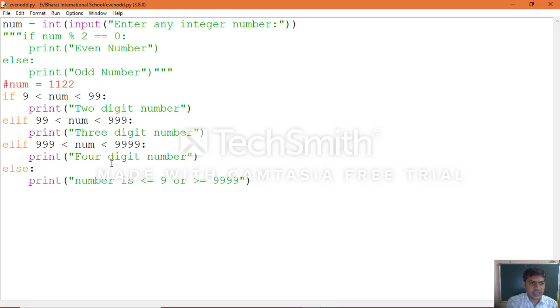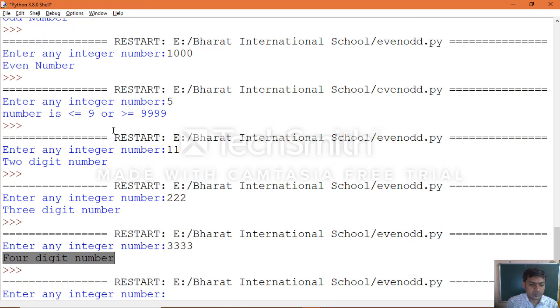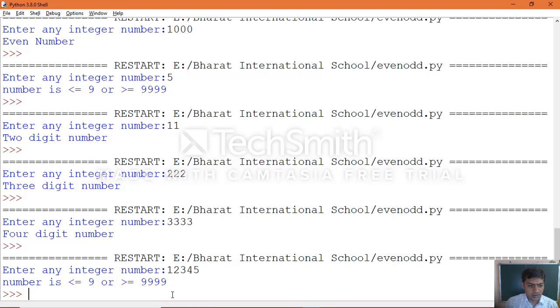Now this time you give a 5-digit number and then check the application. Number is less than or equal to 9 or greater than or equal to 9999, so the last else part is what we get as output.